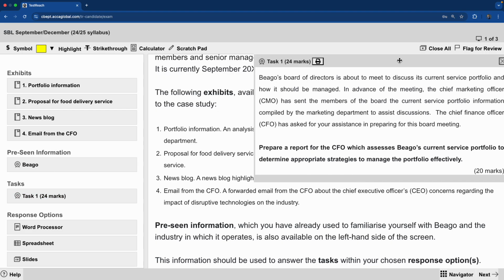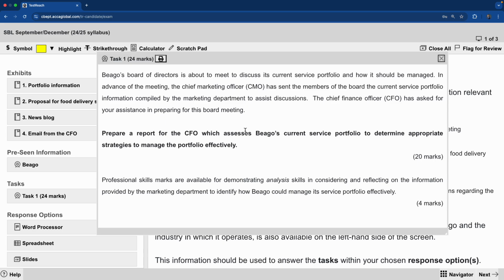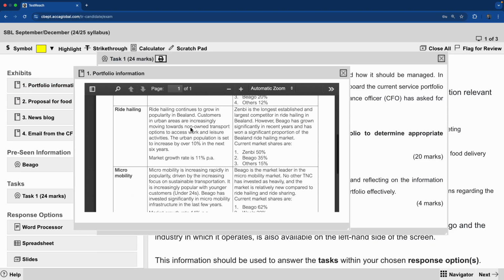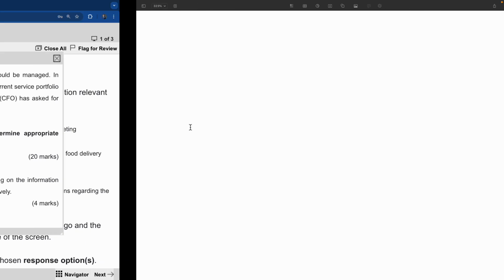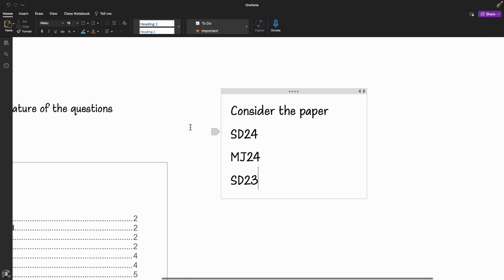Task 1. What did task 1 ask? Have a look at it. Suddenly they ask you about a portfolio of services. Prepare a report which assesses the current service portfolio. And then you look at the portfolio, and they suddenly give you portfolio information. They give you data about it. So this is what they gave in the last exam. What is the first thing they gave you? They gave one